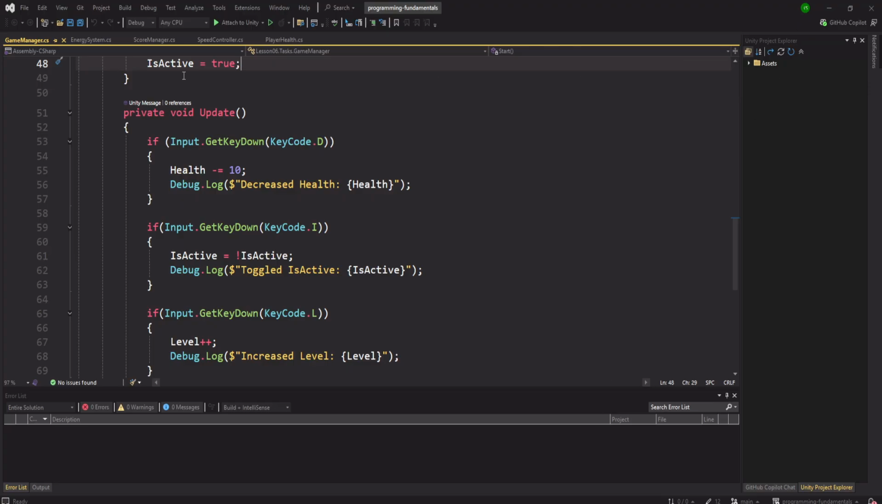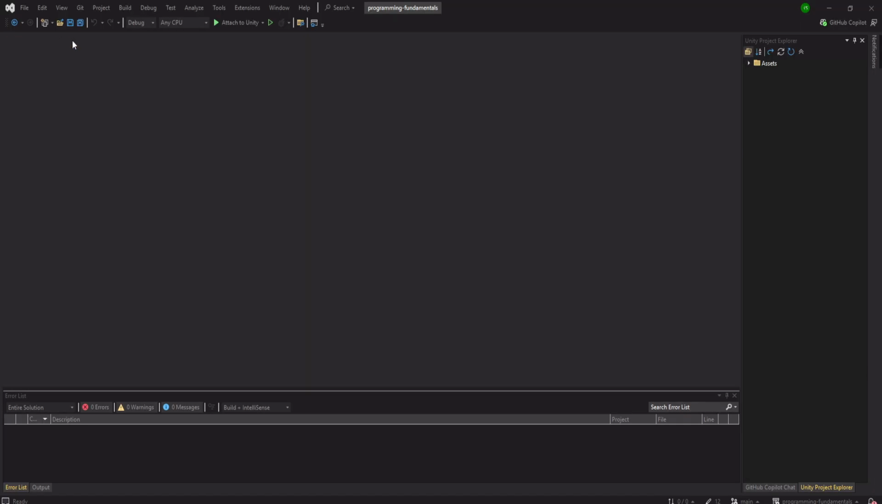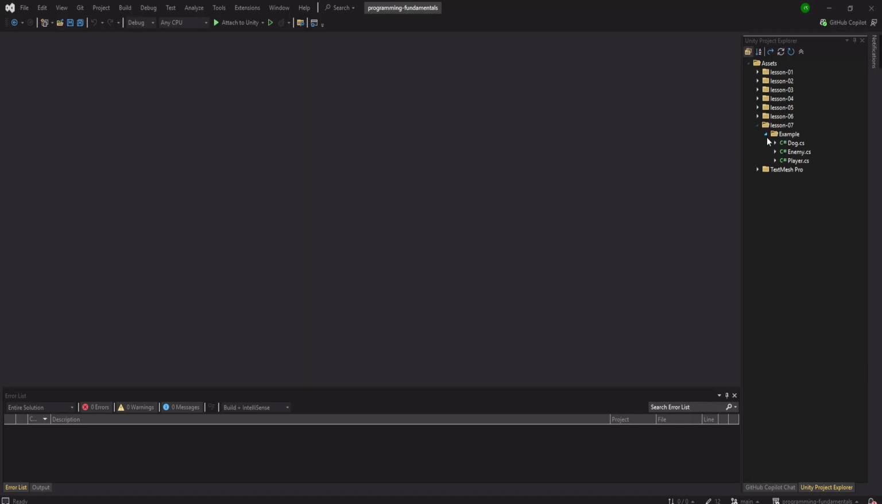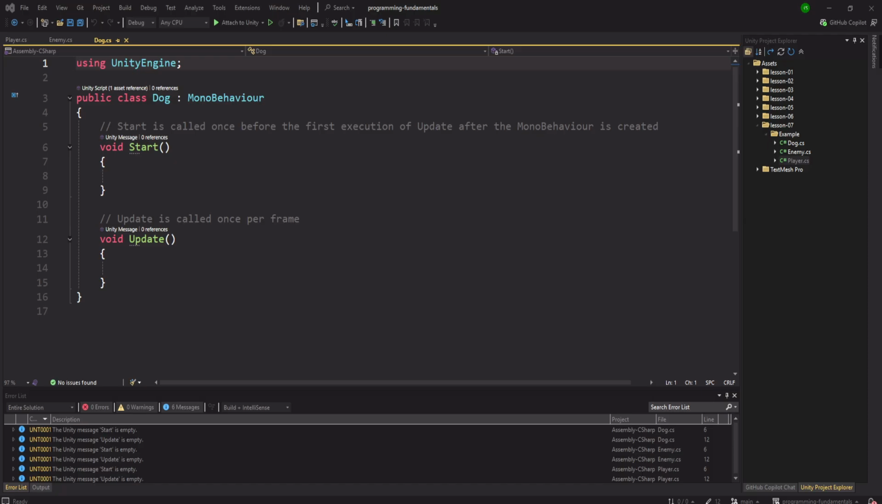So I already opened up Visual Studio. I'll close all the previous scripts. Now let's go to the lesson 7 example, and let's go to the dog script. In the dog script, we are just going to test with